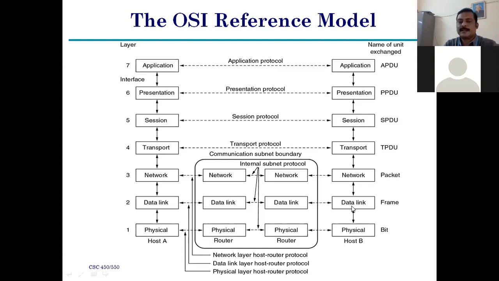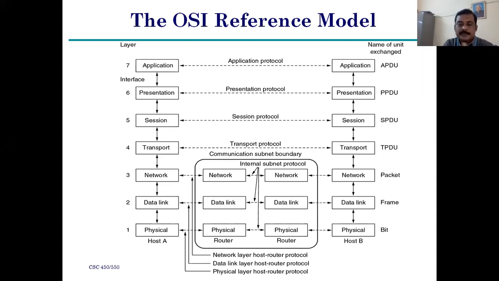Coming to the data link layer, it is the next layer, or second layer, of the OSI reference model. In this data link layer, the information is transmitted based on frames, right? First, it receives information from the physical layer. That received information is rearranged as a frame, or a number of frames, or variable length frames. So frames are transmitted by one layer in the OSI reference model, and that layer is known as the data link layer.